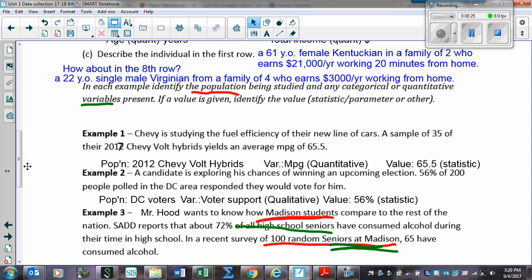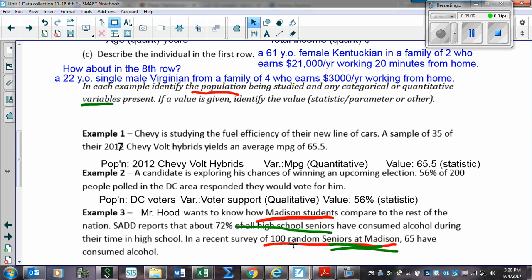So what's the population? Well, it looks like he's trying to compare two populations, and it appears that he's trying to compare Madison seniors as one population versus all of the high school seniors in the country, in the U.S. SAD is a national organization, and so somehow SAD collects this information that 72% of all high school seniors have consumed alcohol in high school. And then from this survey, 100 seniors in Madison, and there are probably about 500 seniors at Madison,